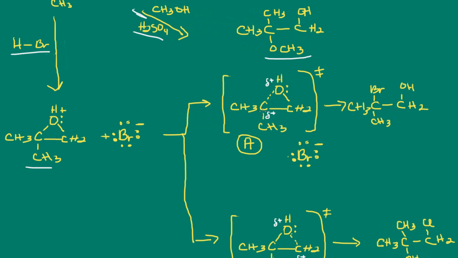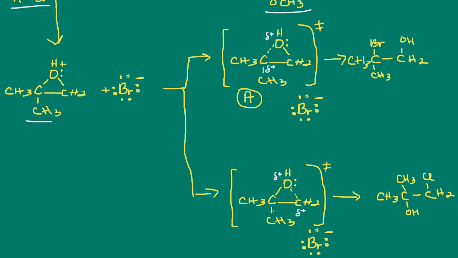Now, the more substituted carbon is able to handle that partial positive charge very well, more so than the less substituted carbon. You can also think of it this way. If we look at this carbon here, it's a tertiary carbon, and remember, a tertiary carbocation is very, very stable. Now, if we look at the other case,